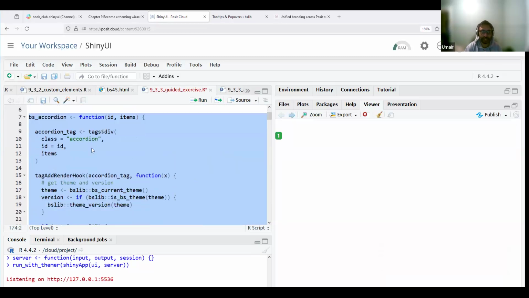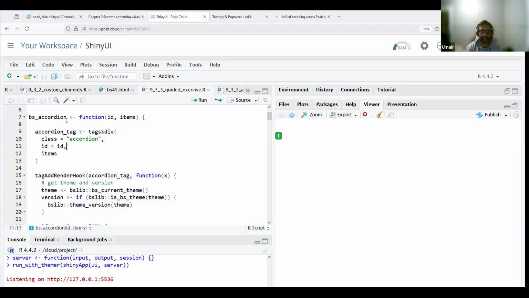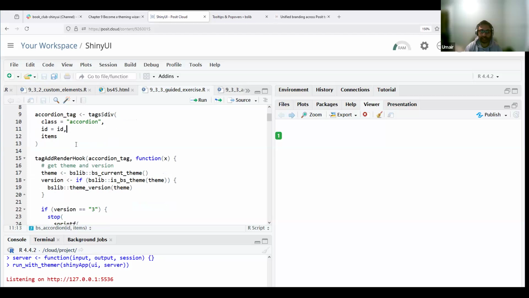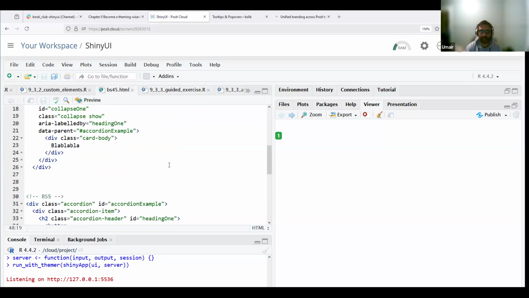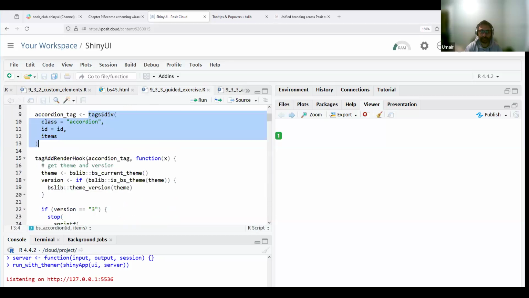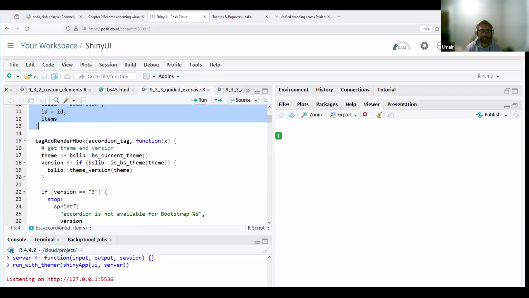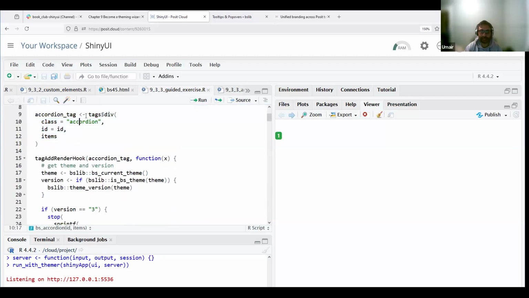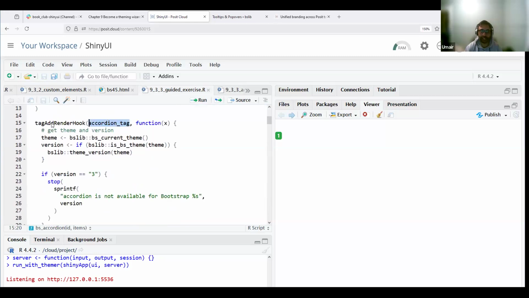So here the first thing that we create is the BS accordion function. Now with BS accordion function, we create a div and we give it the class accordion. And that's because for both BS4 and 5, the first class is accordion. And then we make changes to this tag. Remember that when we create this div, using this div function, we are essentially creating a tag. We call it accordion tag, and then we can make changes to this accordion tag, which we do here using